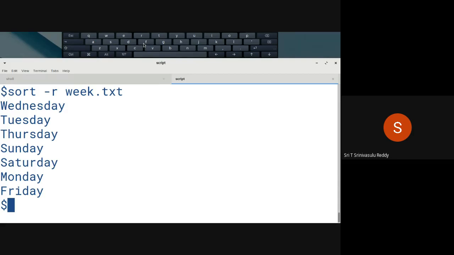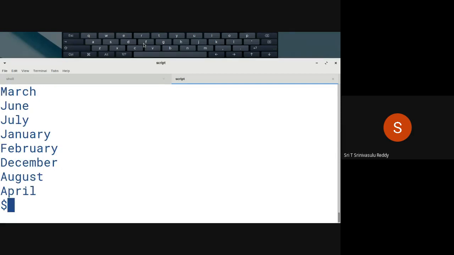You can also sort your months, whatever you would like to. Then it's going to display the months in the reverse listing. That's why April goes to the last, and the other things are there in the beginning. But in fact, sort is a lot more powerful. You can learn that by using man followed by sort, so that it can understand that these are the names of the months, these are the names of the weeks, and accordingly do all that.